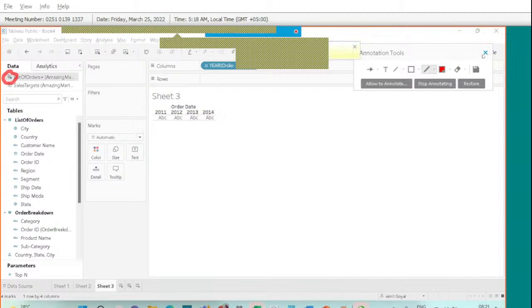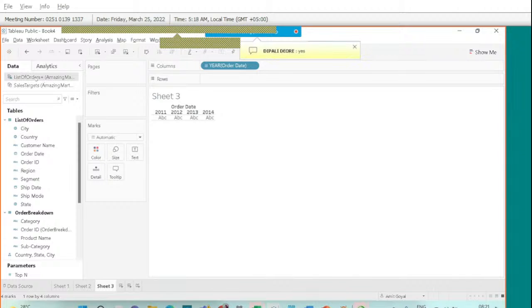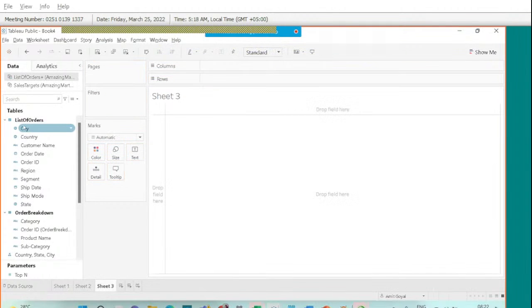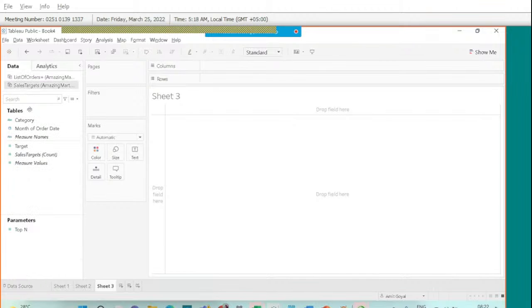Right? This means that now this source has become primary. Right? From whichever source you drag the field first, that becomes primary. And the other one becomes secondary. Suppose I drag the first field from here, the month of order date,